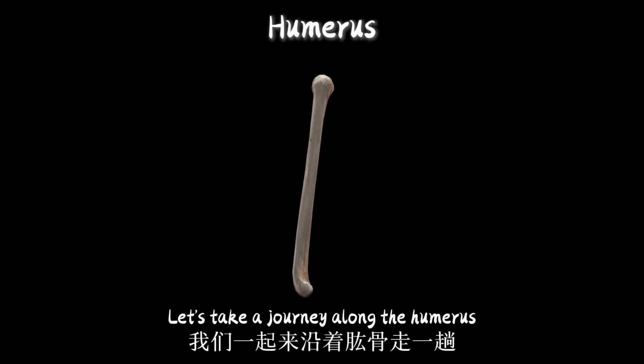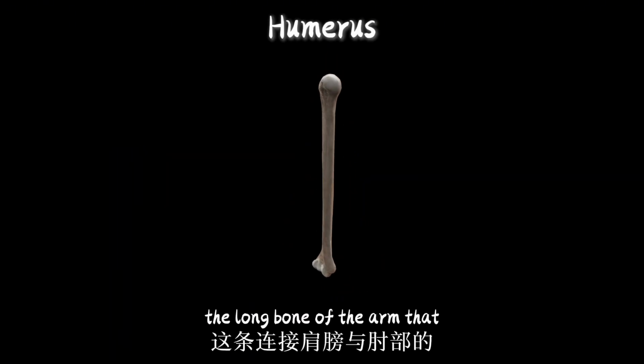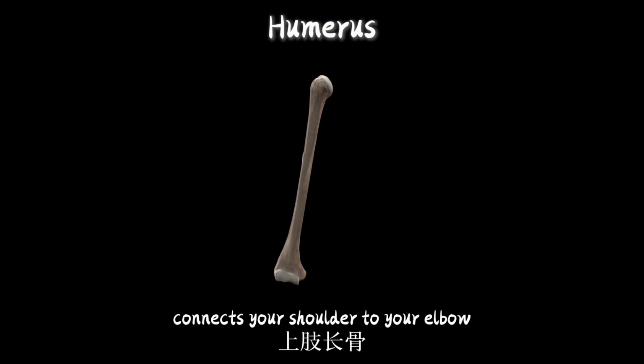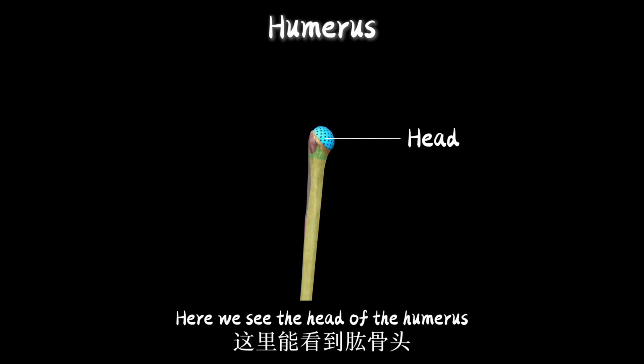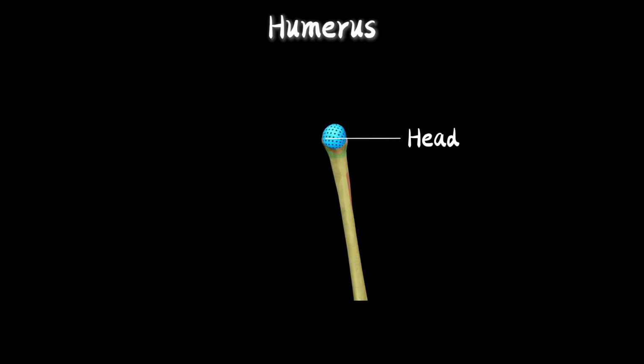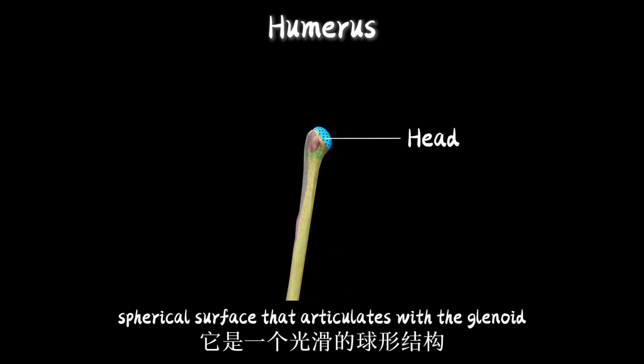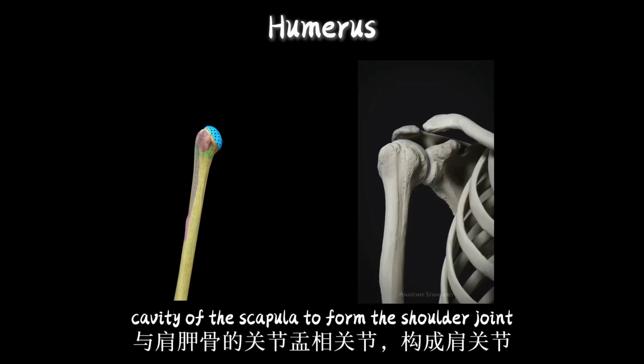Let's take a journey along the humerus, the long bone of the arm that connects your shoulder to your elbow. We'll start at the top, at the proximal end. Here we see the head of the humerus, a spherical surface that articulates with the glenoid cavity of the scapula to